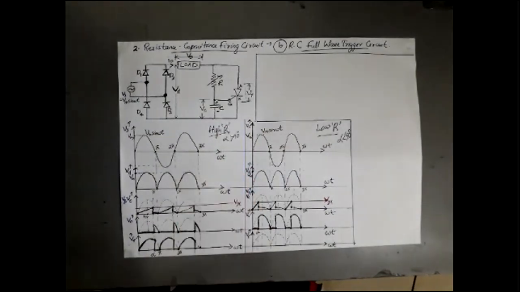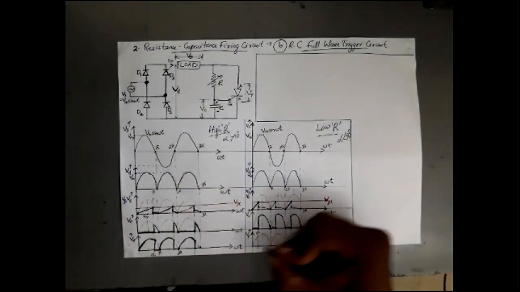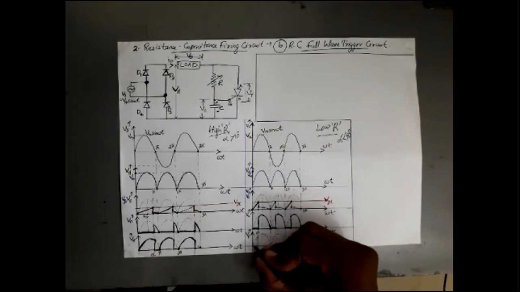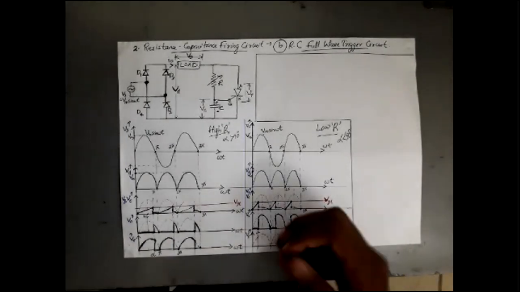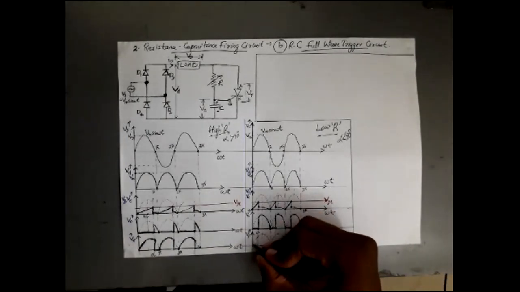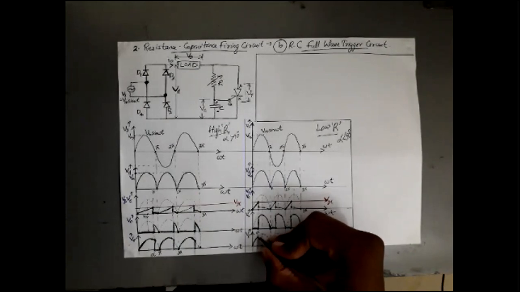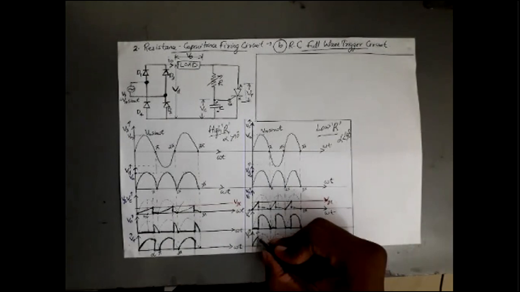So up to alpha, my thyristor was not conducting. Then entire voltage Vd will appear across my thyristor. Since I naught and V naught are equal to 0, entire voltage Vd will be appearing across my Vt. So Vt takes the path of Vd up to omega t is equal to alpha. At alpha, what happens? My SCR got triggered. Suddenly, my Vt, the thyristor voltage, gets reduced to 0 because my thyristor acts as a closed switch.